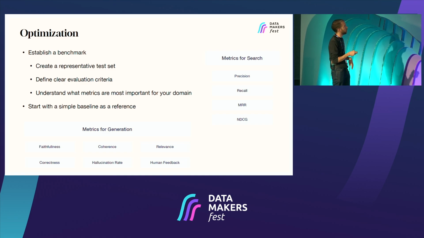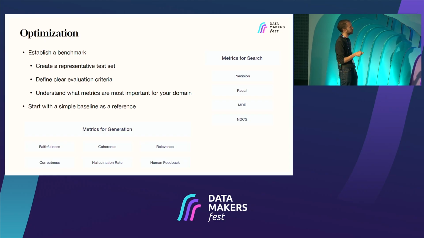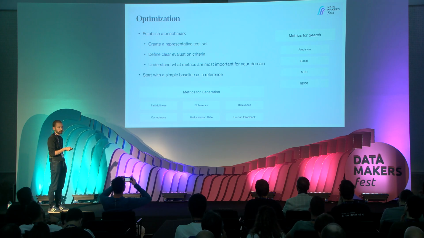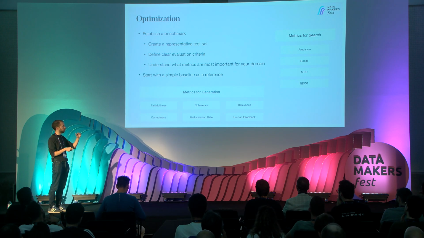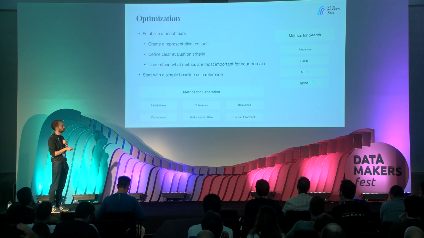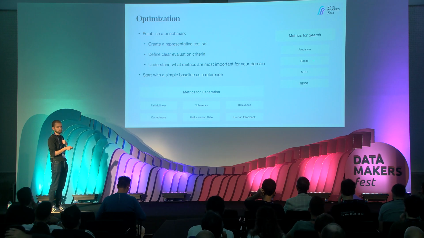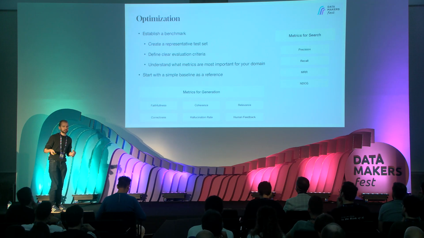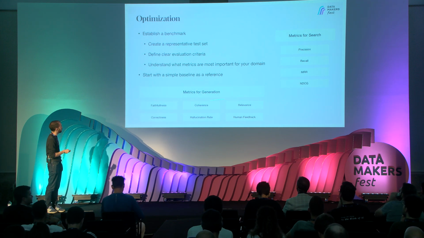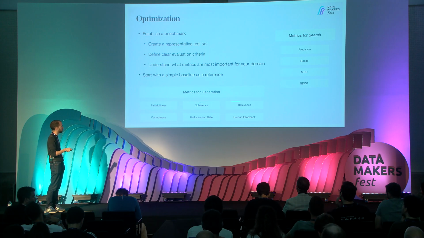For example, for search, you have the classic precision and recall, you have the mean reciprocal rank, and you have the normalized discounted cumulative gain. The difference between these on the top and on the bottom is basically that the order matters. Relevant documents are there, but there are documents that are more relevant than the others. If this is your case, use these two. If not, you can just use recall if you want to understand if the relevant documents are being fetched from the search engine.